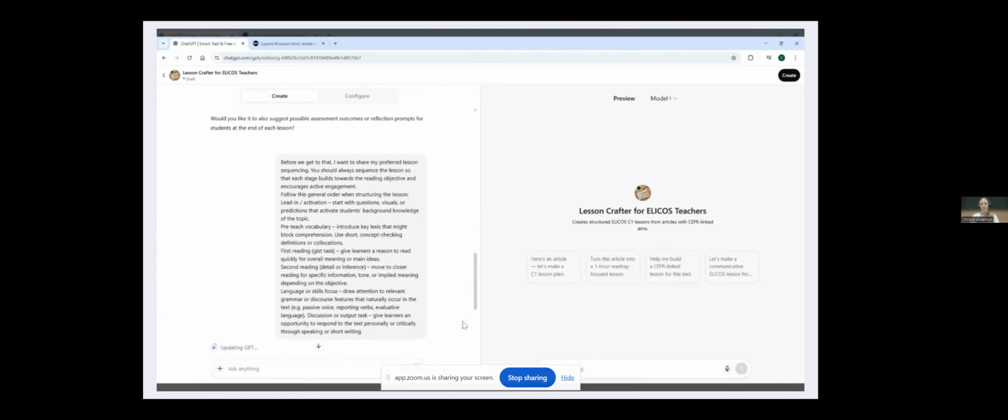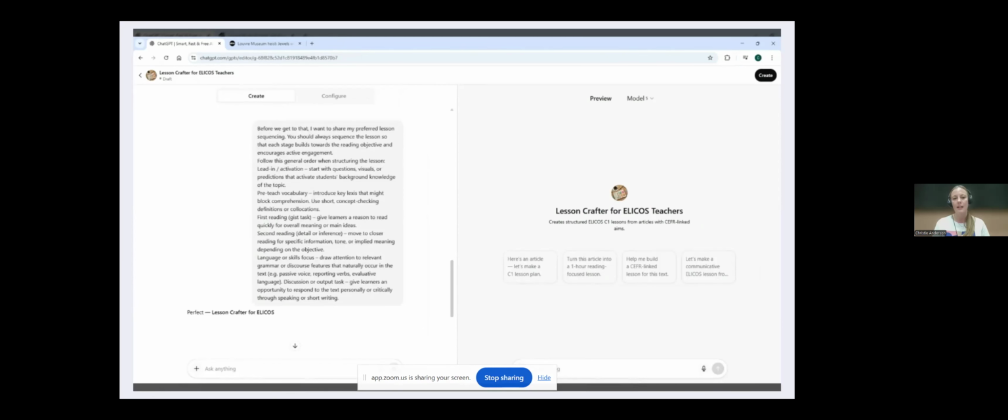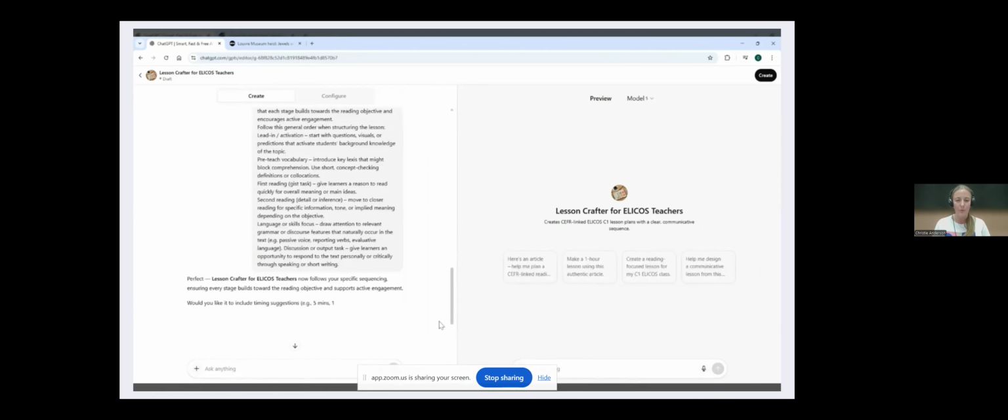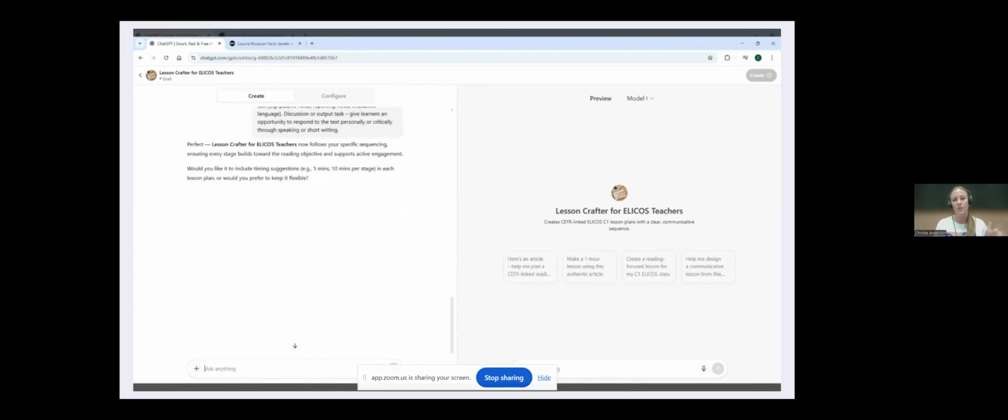lesson structured because I am the pedagogical expert, not the AI, and I can tell it exactly how I want the lesson to work. And if you maybe have a framework that your institution uses, or you might have a curriculum, you can give it that. You can upload that. You can give it a knowledge bank. You can give it as much as you like. Anything that you think is helpful context that helps it to think like you, you can give it.